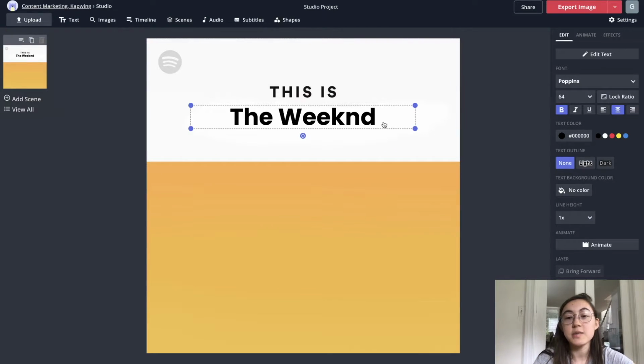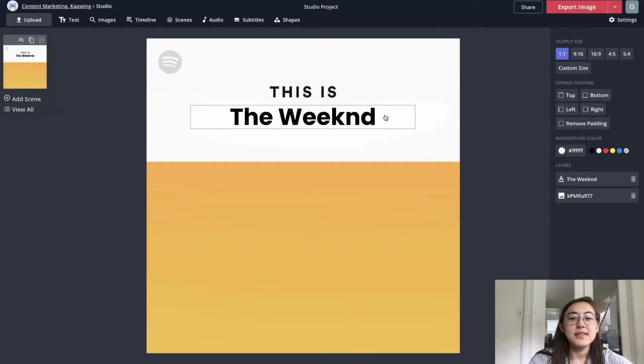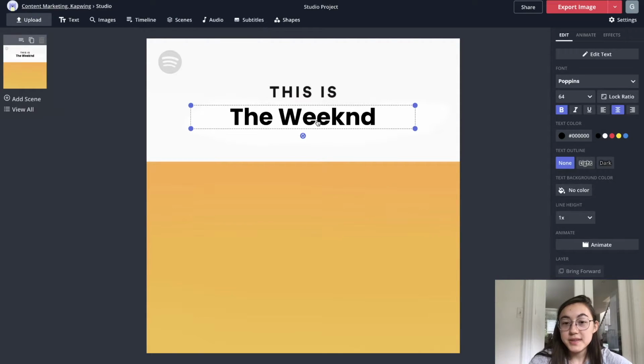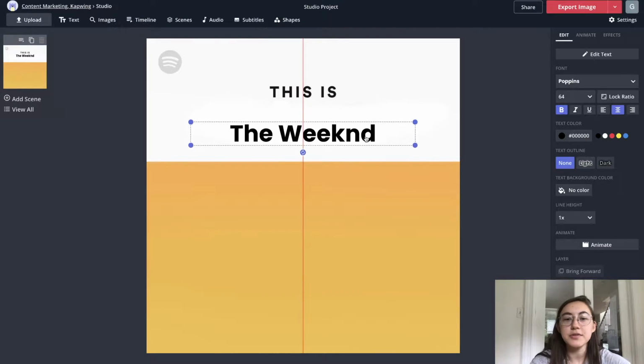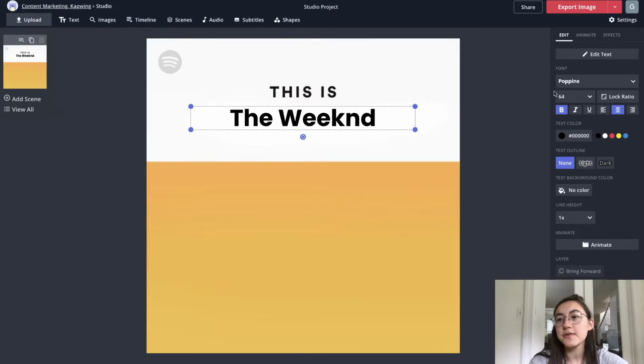By the way, this is not the legit Spotify font. The real Spotify font you have to pay for. So, I think this one looks so accurate. I spent a while searching for this font, so I'm really proud that it looks pretty legit compared to the Spotify font. But basically it's called Poppins, and this text box should already be in that font, so don't worry about that. But in case you accidentally delete it or something, the font is Poppins.